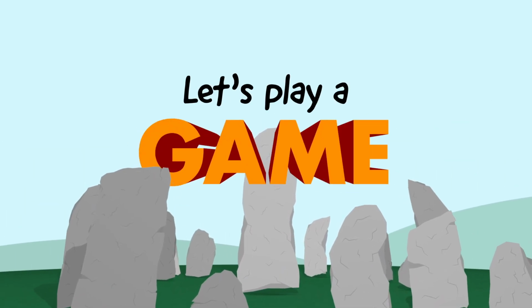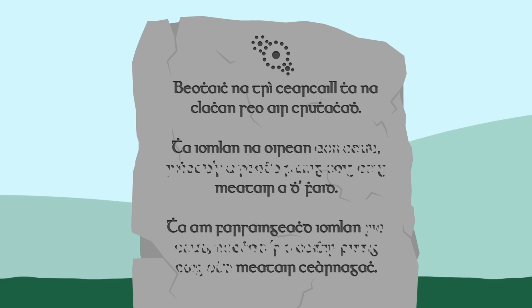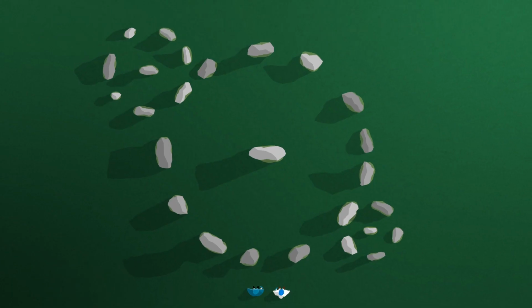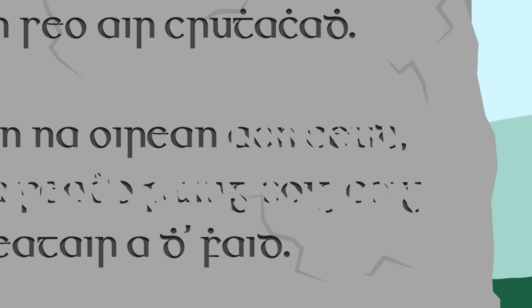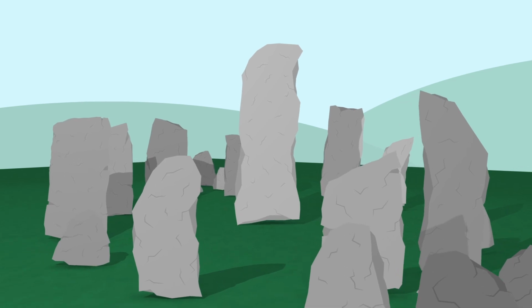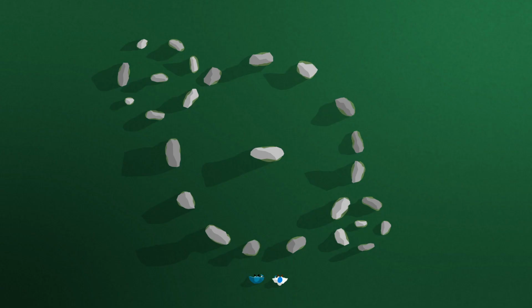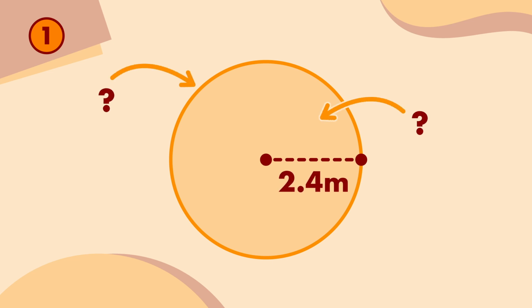Let's play a game. After a quick walk, Will and I have found another spell that will bring 3 more stone circles to life, but like before, it has bits missing. To complete the spell, I want you to work out the circumference and the area of each stone circle. Here's the first one. My measuring staff tells me that its radius is 2.4 metres. What is its circumference and area equal to? If you want, you can pause the video and do it all by yourself, or keep watching to hear Will's answers.